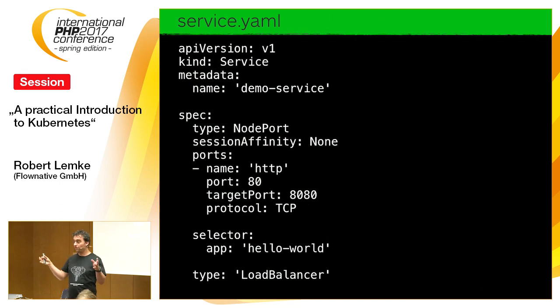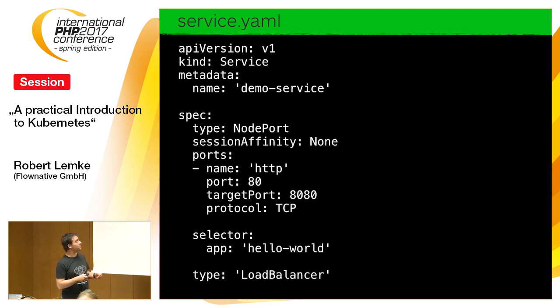So now you have that pod running, but how can you actually access it from the outside? Well, for that you use something called a service. A service is something which has an IP address, a stable IP address. I mean, a pod also has an internal IP address, but that changes every time you start a new pod and stop a pod. You get a different IP address internally. But a service has a stable IP address and also a stable DNS name, because Kubernetes provides you with a DNS server internally, and you can just use the name of the service to get some traffic to it.